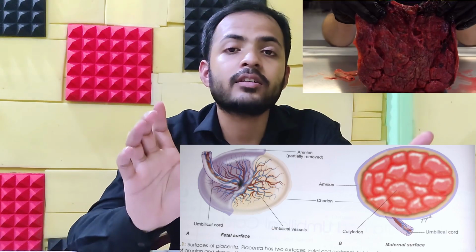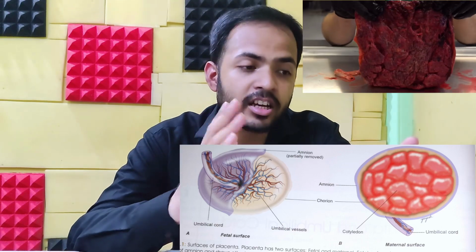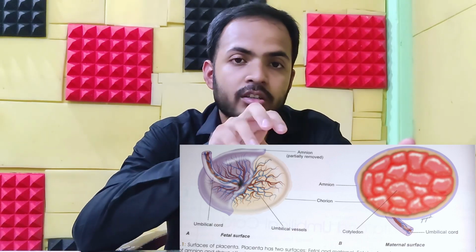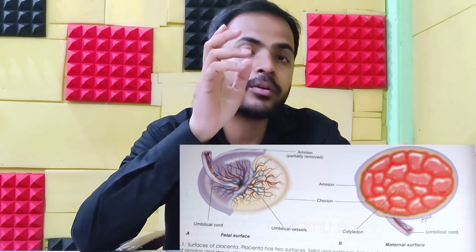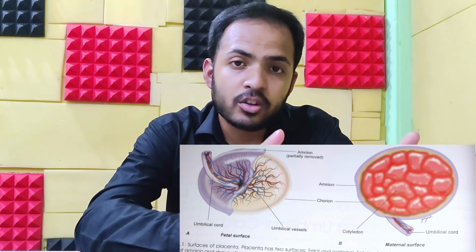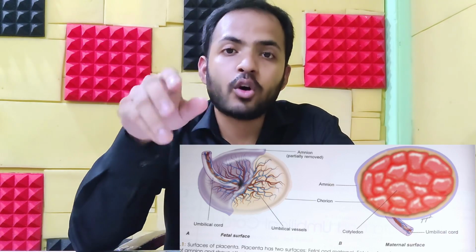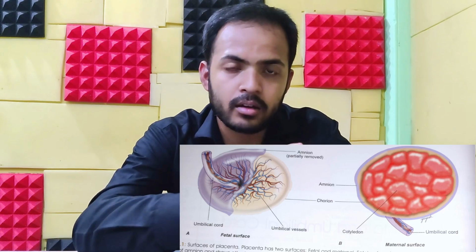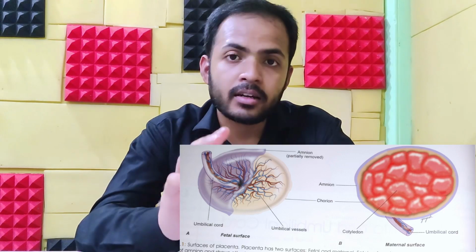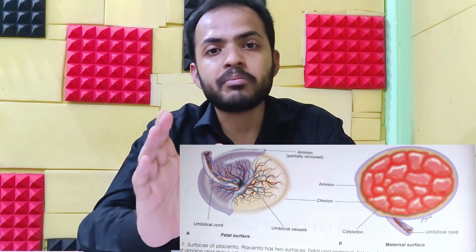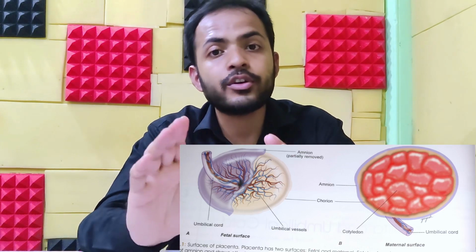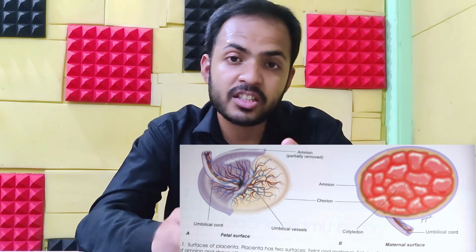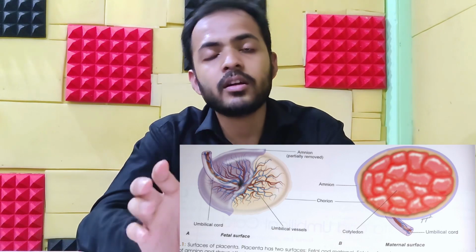Along with it, it has 20 to 30 segmentations. I mean, it's a lobular structure. As you can see in this photo, it has a cobblestone appearance. Each lobule is known as a cotyledon, and these are separated by placental septa. A septum acts as a fissure. The diameter of the full-term placenta is almost 15 to 25 centimeters, almost 3 centimeters thick, and 500 to 600